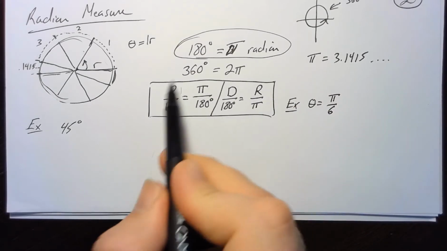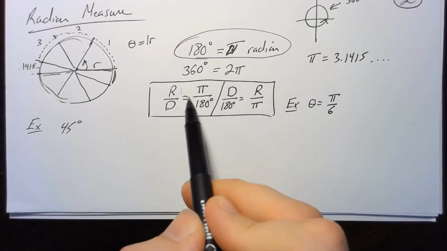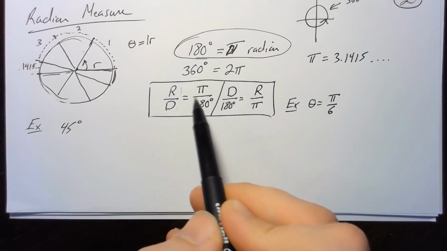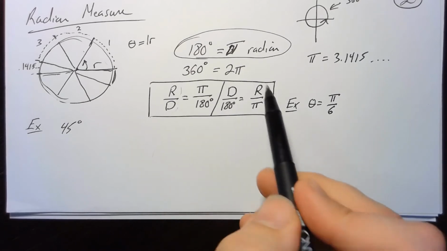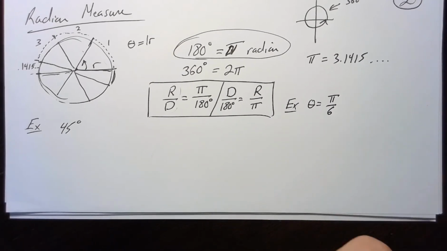The reason why I write this one is because it's the one that makes the most sense in setting it up. But now this one, I can solve this equation if I multiply both sides by d, divide both sides by pi, and then that's going to give me this formula right here. Then I can plug things in relatively efficiently and just solve for the missing piece.